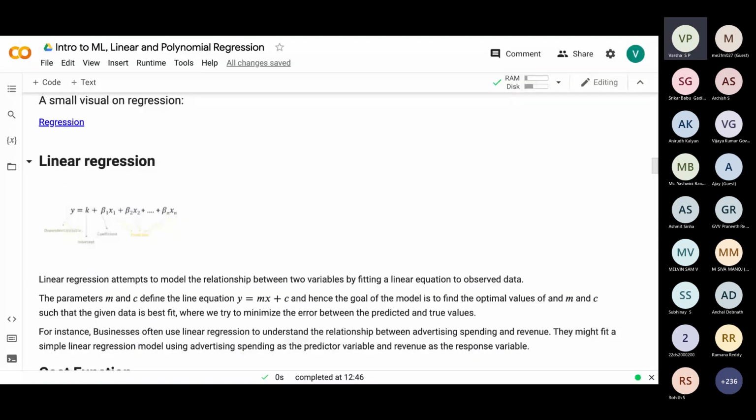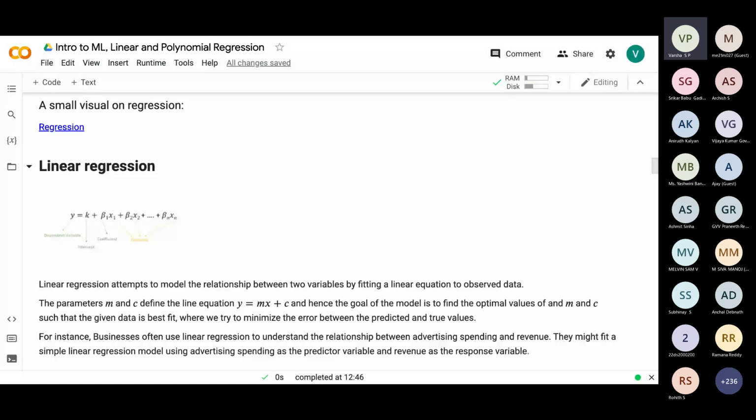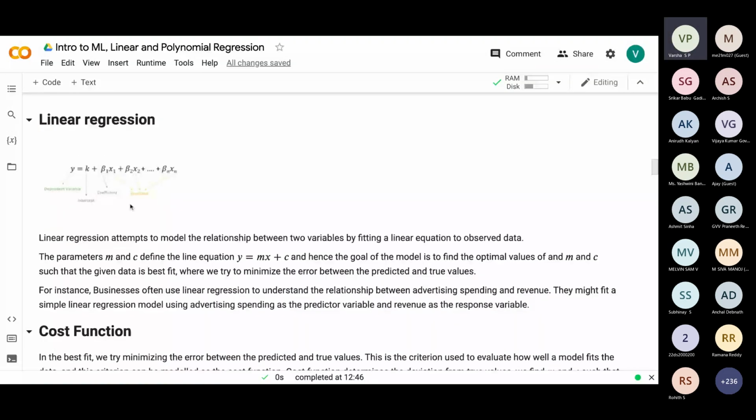Okay, let's start with linear regression. Under regression, we'll be mainly talking about linear regression and polynomial regression. So let's get started with linear regression. Here, as you can see, there's a linear equation written. I'll tell you what each